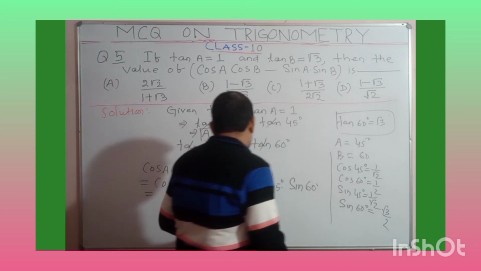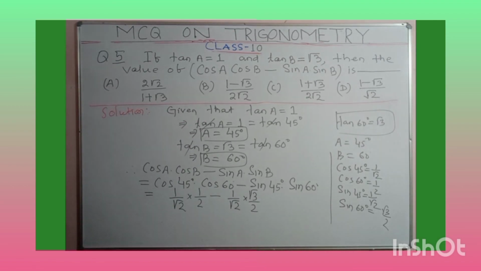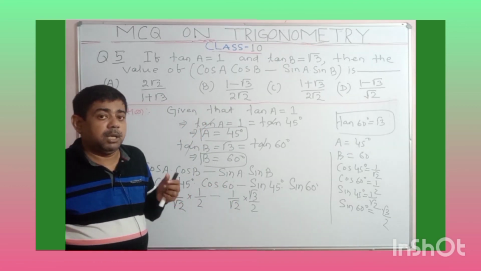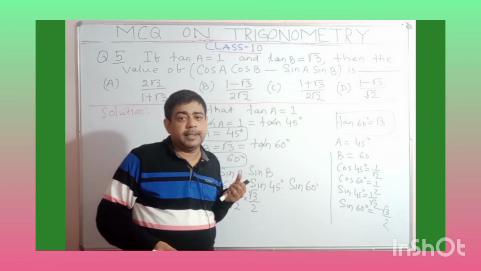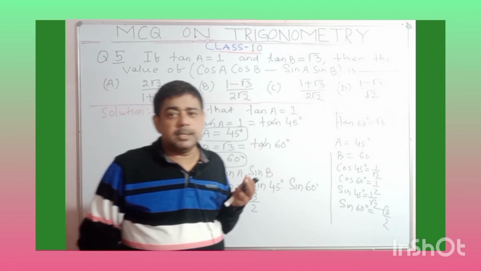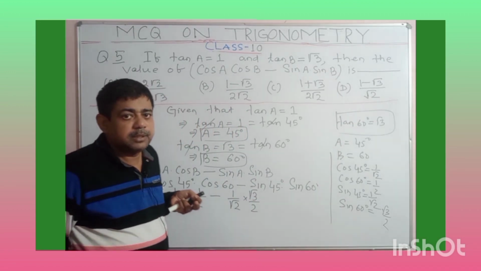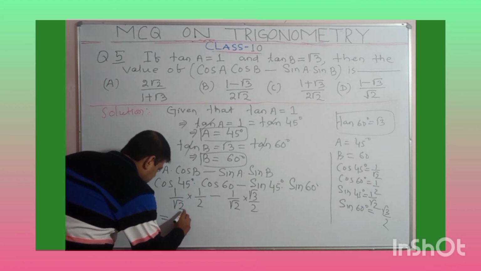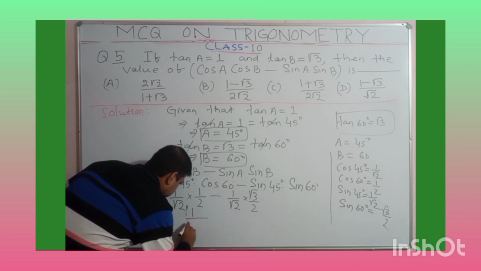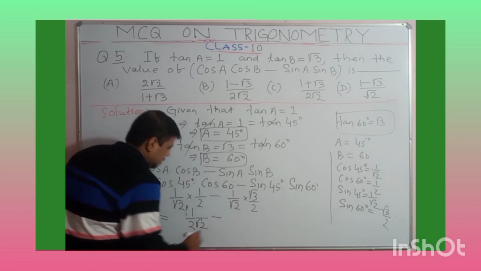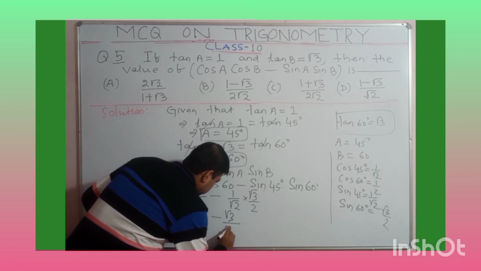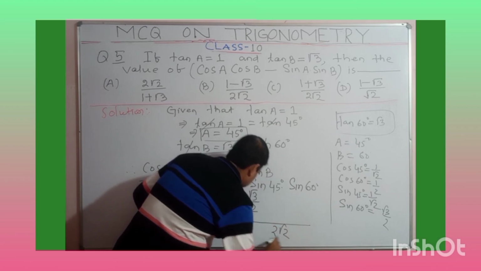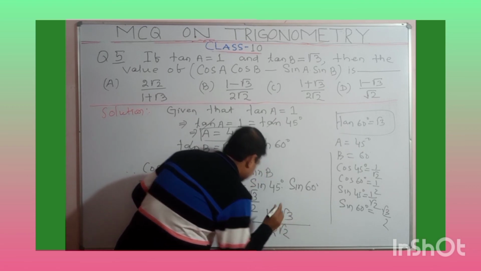All of you know, and also remember. Okay. Understand? And there was a short trick I also explained. You can see that video on how you can use a short trick method to find the trigonometric ratios of the angles 60 degree, 45 degree and 30 degree. Okay. So here you see 1 by root 2 into 1 by 2, it is 1 divided by 2 root 2, minus root 3 divided by 2 root 2. Okay. After taking LCM, it will be 2 root 2 and it is 1 minus root 3.